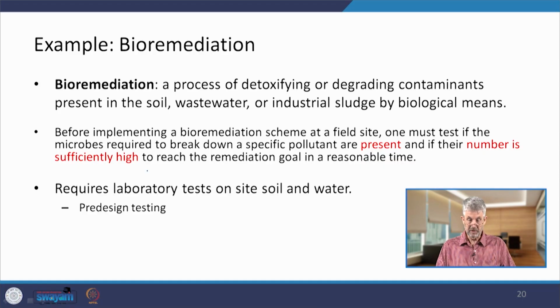So again, we need to go to the field, we have to collect samples, we need to do research, microbiologists become involved, counting the bacteria, identifying the bacteria. All this goes together in the pre-designed testing that leads us eventually to an optimized remediation system,